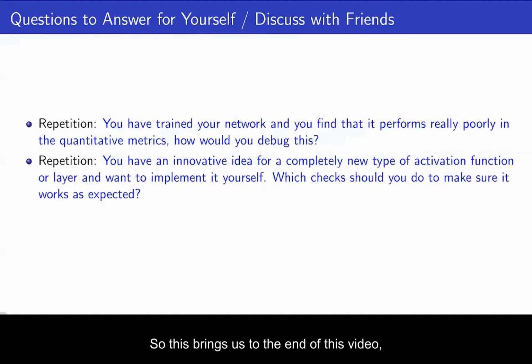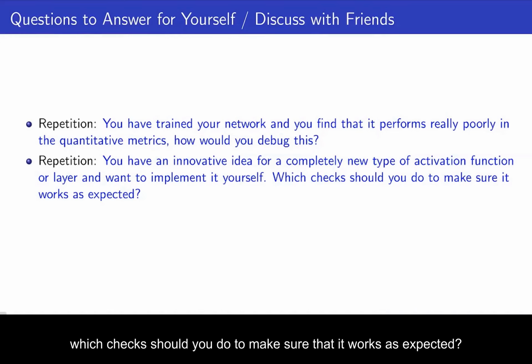All right, so this brings us to the end of this video, and I have 2 questions for you. If you have trained your network and you find that it performs really poorly in the quantitative metrics, how would you debug this? And if you have, let's say, an innovative idea for a completely new type of activation function or a layer, and you want to implement it yourself, which checks should you do to make sure that it works as expected? I encourage you to pause this video now and try to answer these questions,